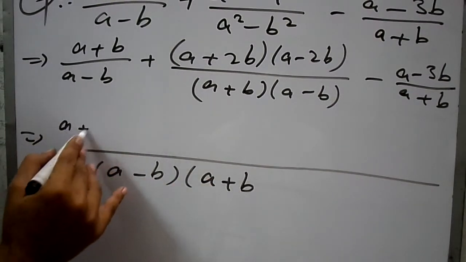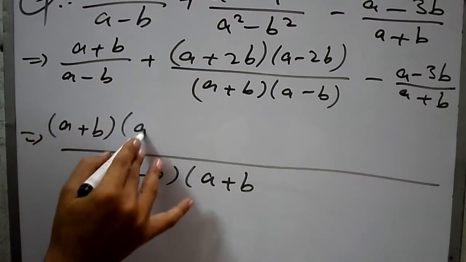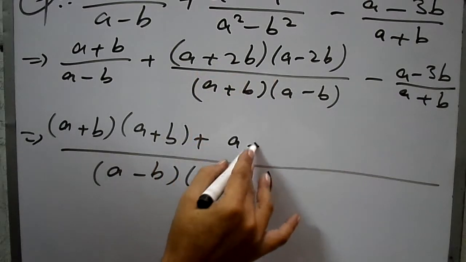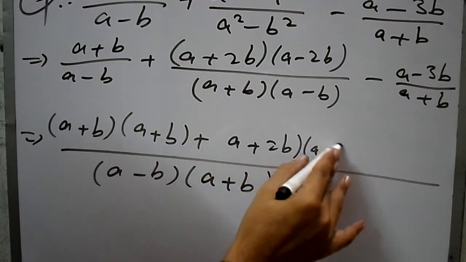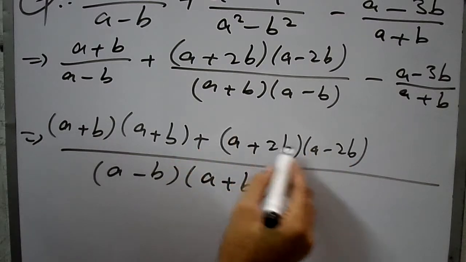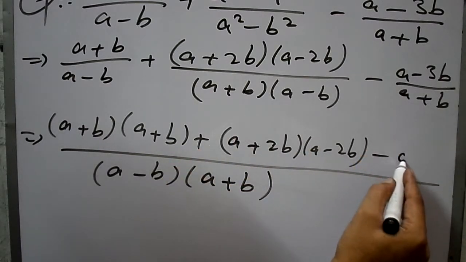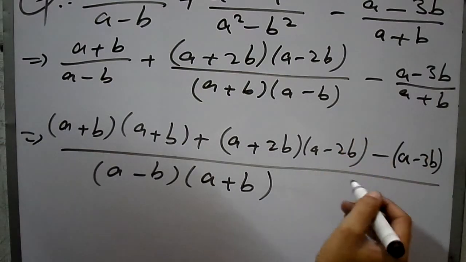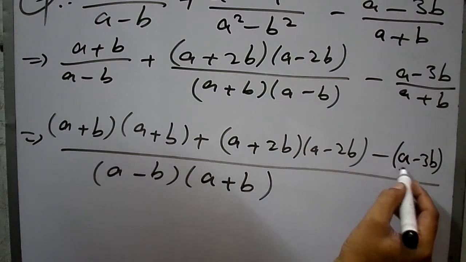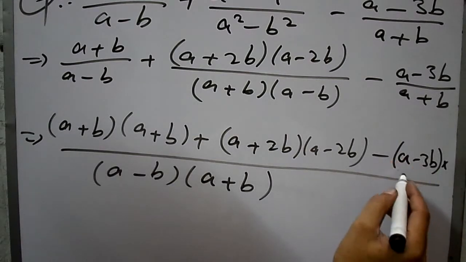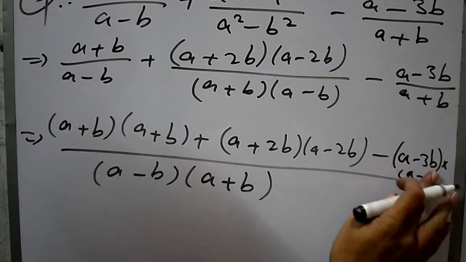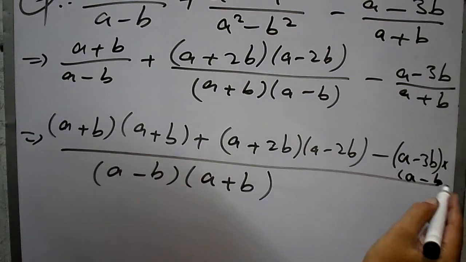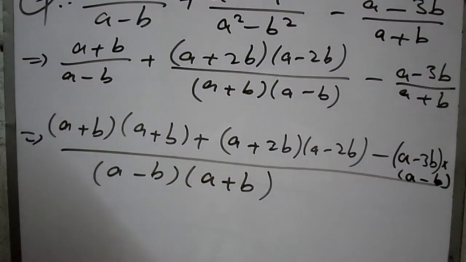Now a plus b into a plus b. So both are cancelled with this one. You will get a plus 2b into a minus 2b. So minus plus will be cancelled. So a minus 3b multiplied with a minus b. So after simplification you will get